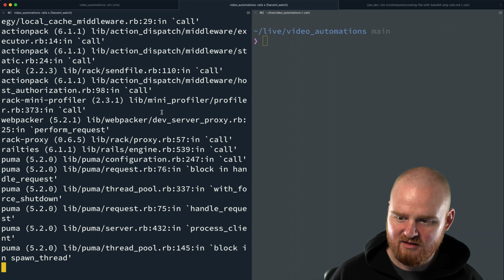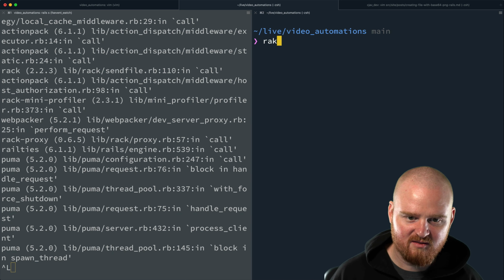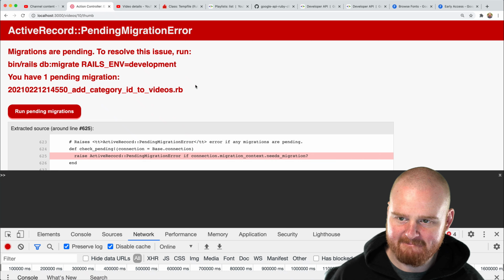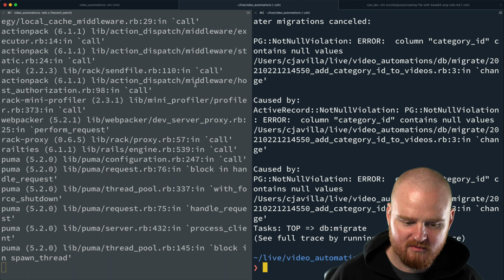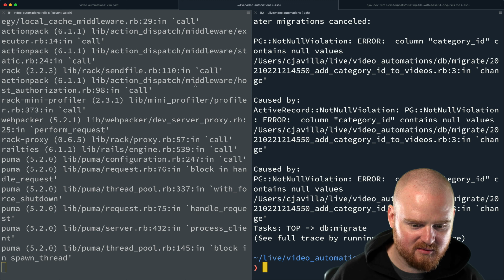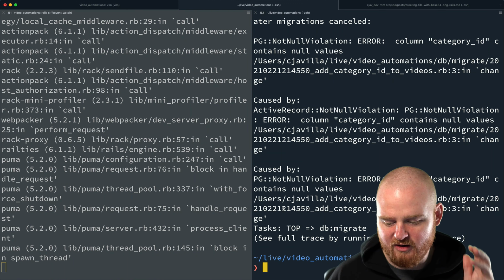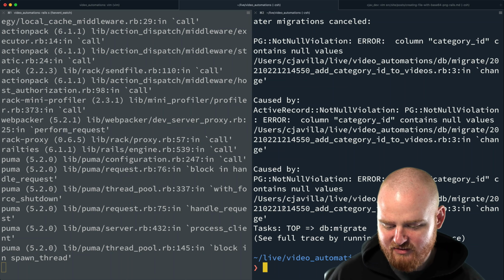Oh, let's see. Rake db migrate. Oh, we don't want it to run the migration. We want it to, yeah, okay. Because we're adding a new foreign key column to the database that does not already exist, we will need